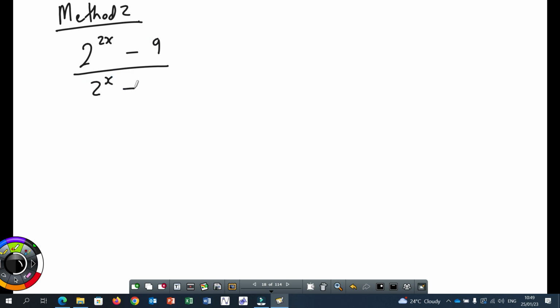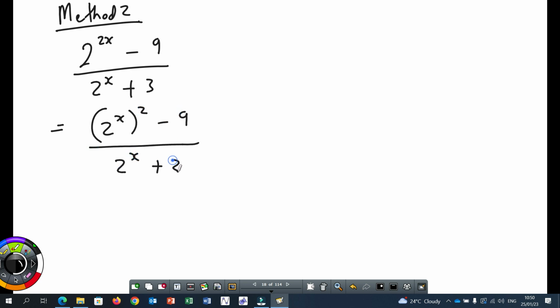Method 2. We have 2 to the power of 2x minus 9 over 2 to the power of x plus 3. Obviously the first step is to rewrite that term as 2 to the power of x all squared minus 9 all over 2 to the power of x plus 3. Alright? I want you to pay attention carefully. Then we can use what's called the k method, whereby we move away from